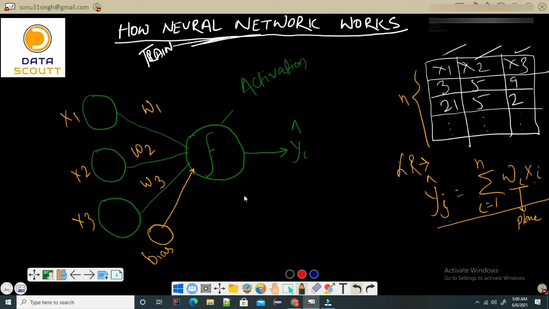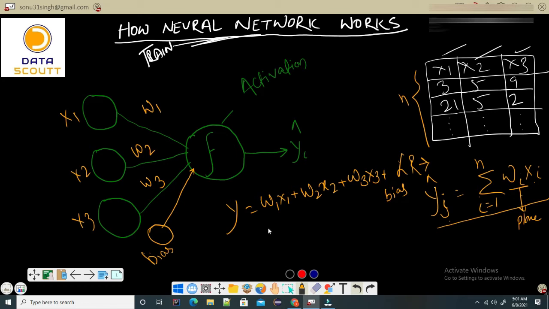So if you see here, what we are trying to achieve, if this is a linear regression problem, is y equal to nothing but w1 x1. So we'll do this multiplication of w1 x1 plus w2 x2. As we have only three features, we have w3 x3 plus, let me write it here, a bias.